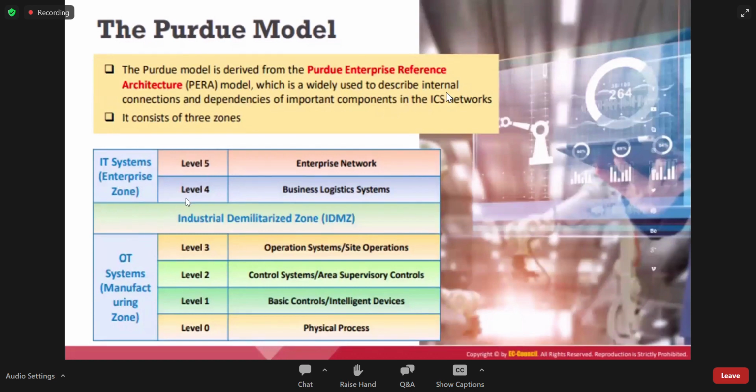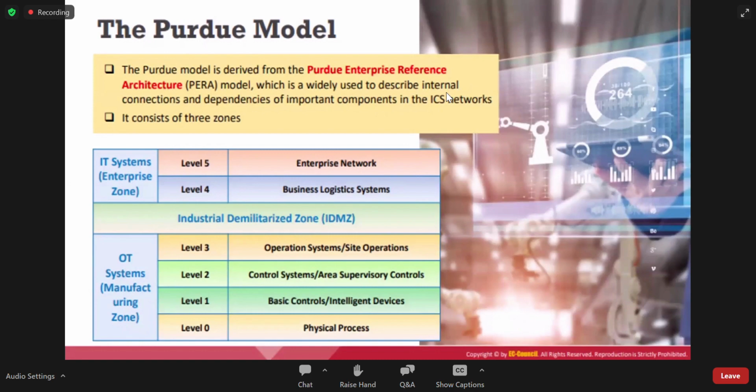One is level 5 and level 4, and that is for the enterprise network and business logistic systems. And in the IDMZ, or industrial demilitarized zone, we already talked about DMZs, right? A DMZ is normally used in cloud infrastructures.